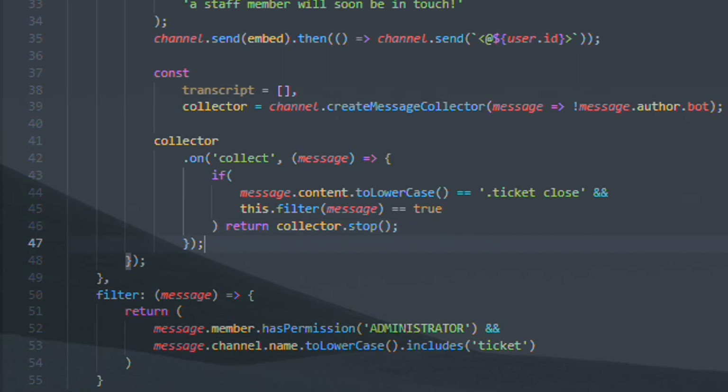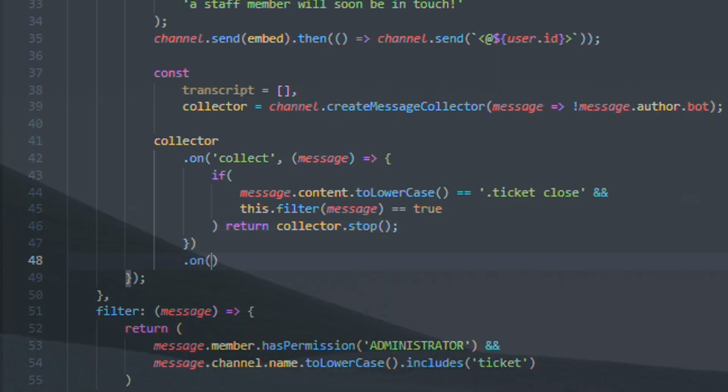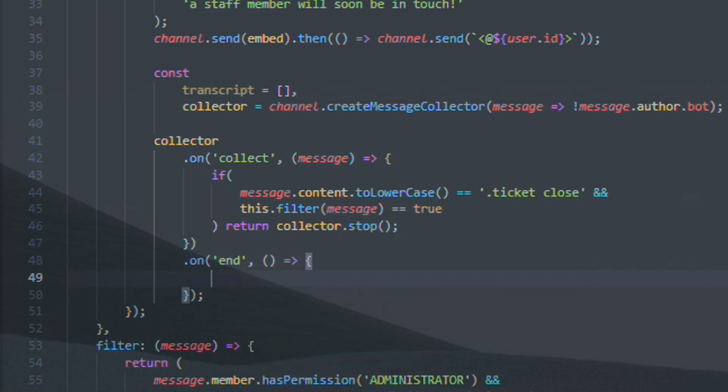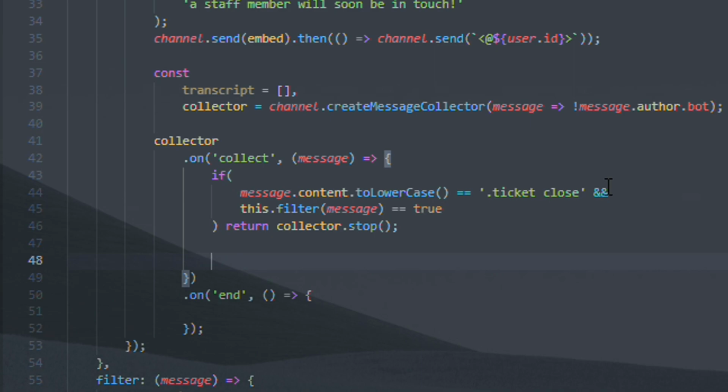And we can actually add an on end event later on in the code, and the stop method actually triggers the end event in the collector. And over here we can do fs write file sync in a text file and write our transcript array into this text file. But enough of that. Let's actually go back in our collect event and